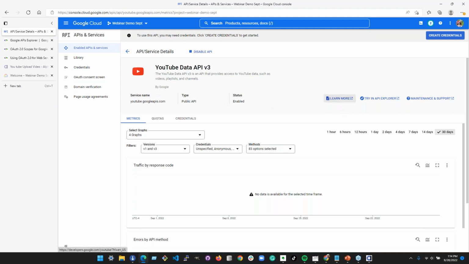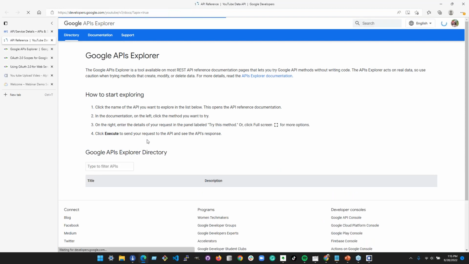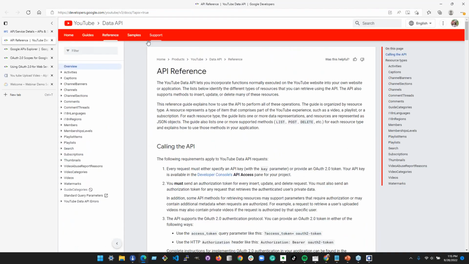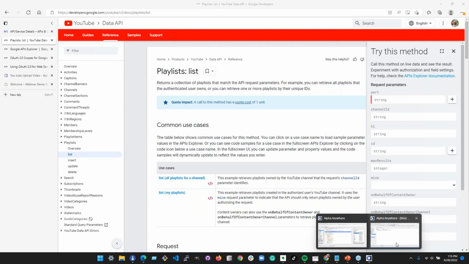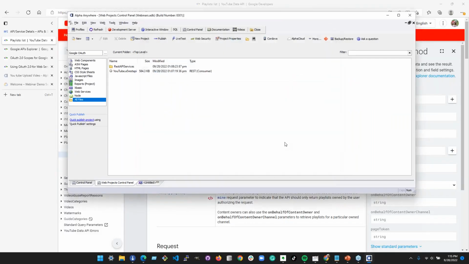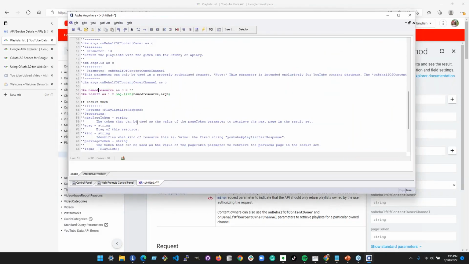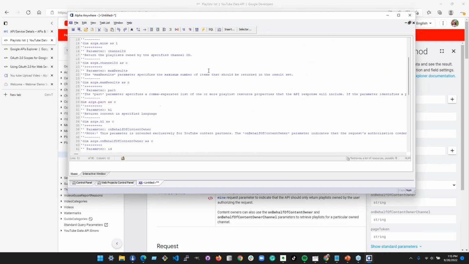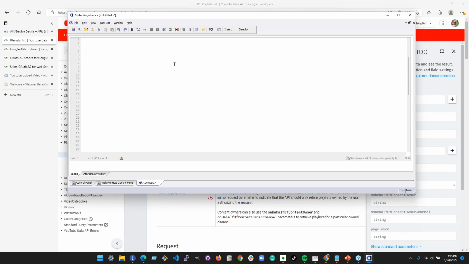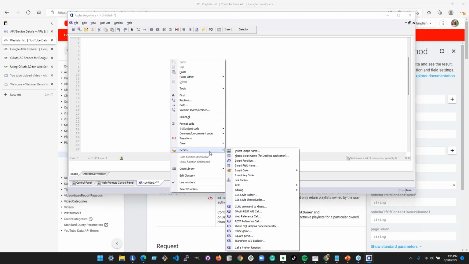So just a little bit about the YouTube API. Let's try an API Explorer. This is the API Explorer for YouTube. This is where you're going to find all the information about stuff like we had, playlists list. Let's go back here real quick. We'll cancel out of this. Let's take out all the comments real quick and simplify this.